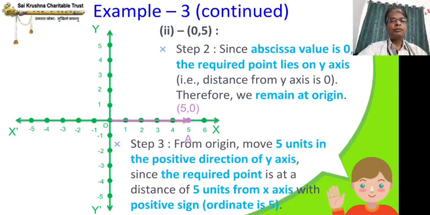Yes, up. So we are going up. See the blue line marking the point and mentioning the coordinates (0, 5). So we have got the point (0, 5) on the y axis itself. So these are two very, very simple examples I have done. Now let us move to the next page.